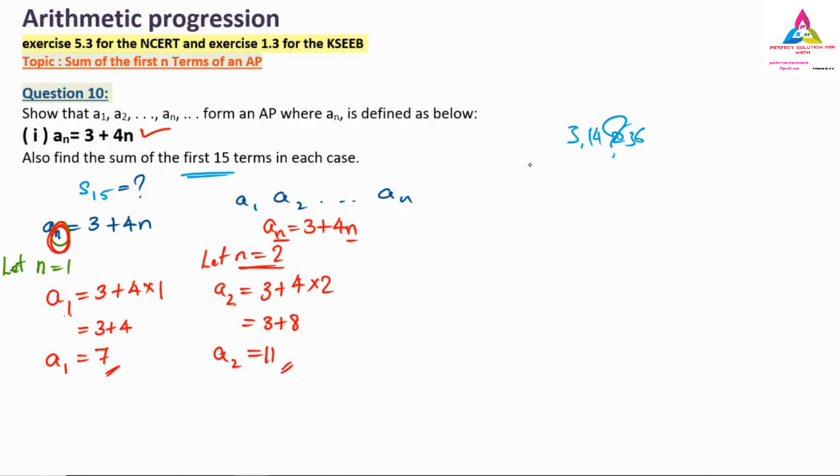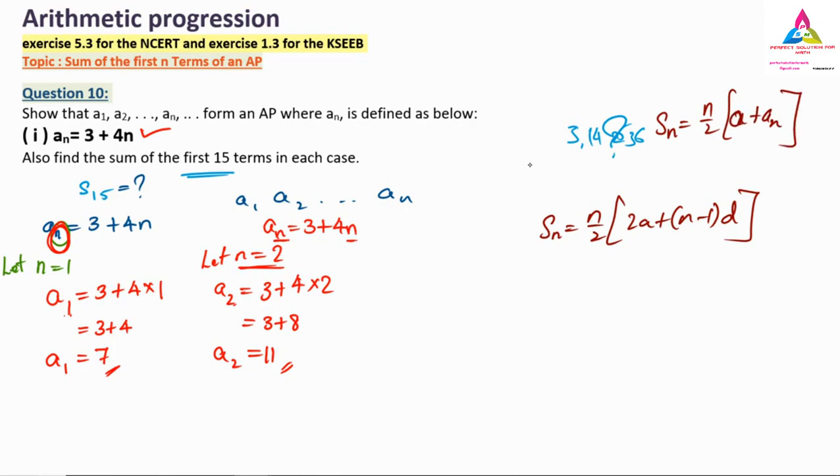Now, which term do we have to find? The third term also. If you want, 2 is enough, because they have told you to find Sn. What is the formula to find Sn? Sn is equal to n by 2 into (2a plus (n minus 1) into d). Or we have one more formula, that is Sn is equal to n by 2 into (a plus an). According to these two formulas we have to move.